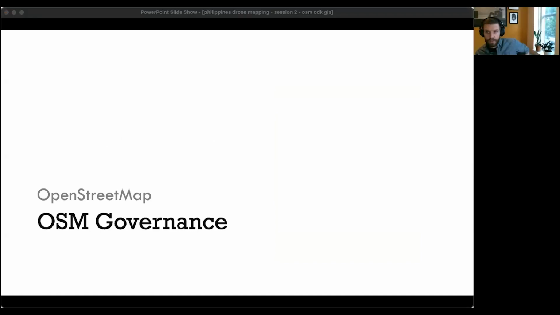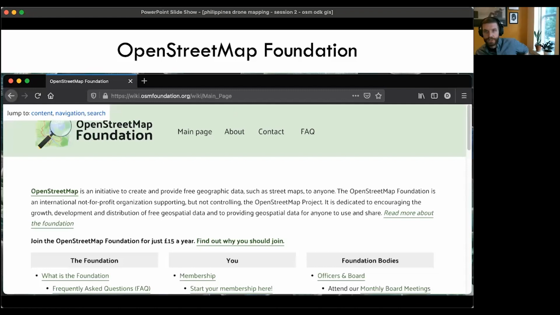Briefly, talking about the OSM governance. So overarching it all is the,